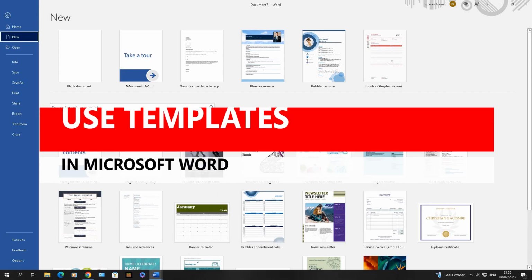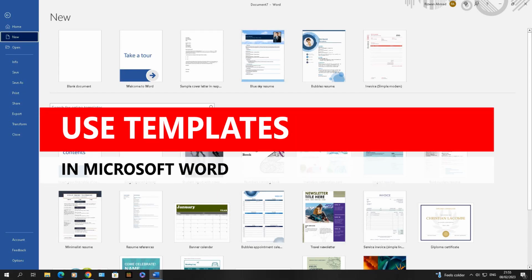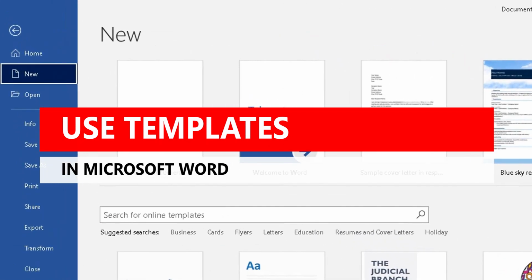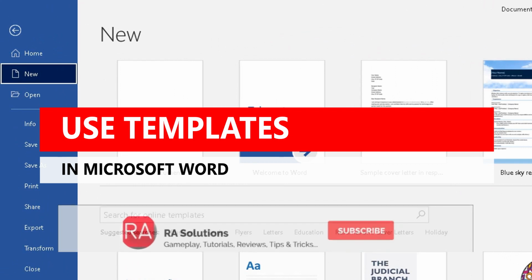Do you spend ages using Microsoft Word to create documents from scratch, such as invoices, or maybe even creating a birthday card from scratch? Well, there is a far easier way in Microsoft Word, and that way is by using one of the pre-selected templates. And I'm going to show you in this video how to do this, and this will save you time,